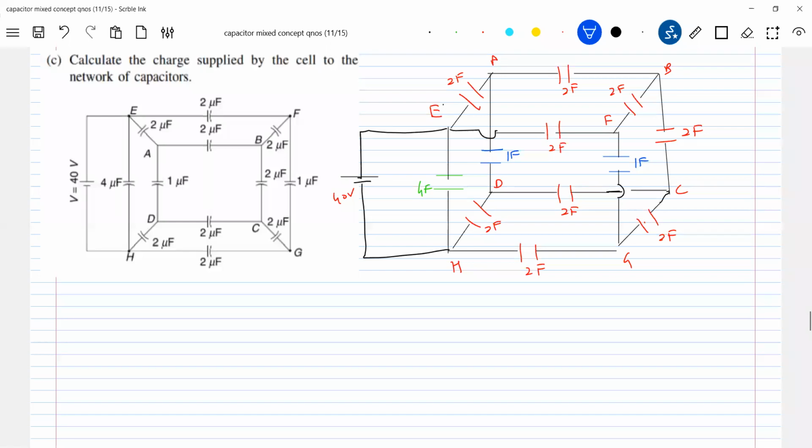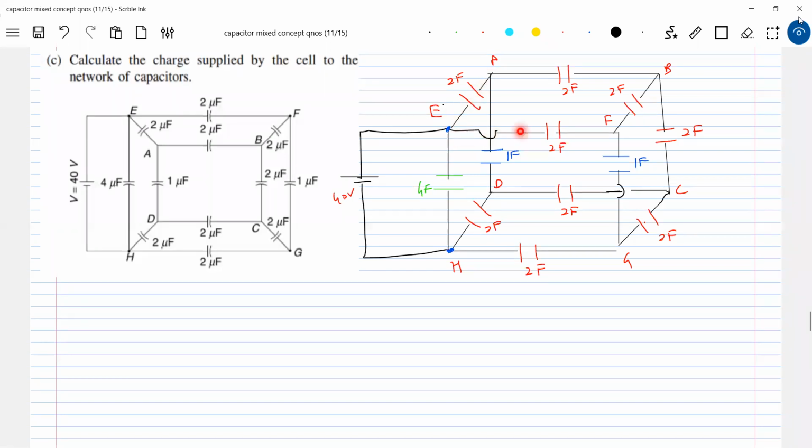So he's asking now between E and H only. So let's go for distribution of charge. So here the charge will enter at E. What charge entered here at E, that much charge should leave at H. That's what, because I connected a battery here. So here it will be like some charge. So we'll calculate the equicapacitance path.